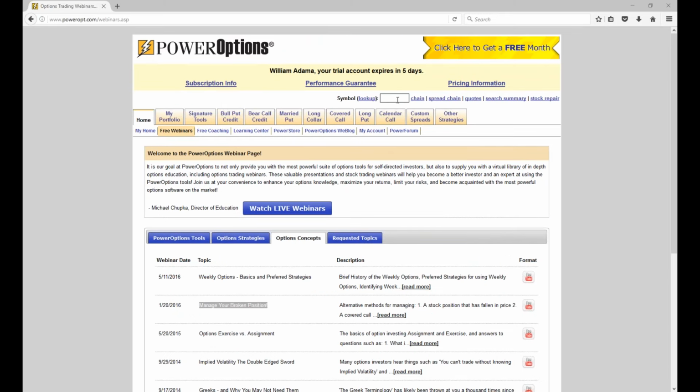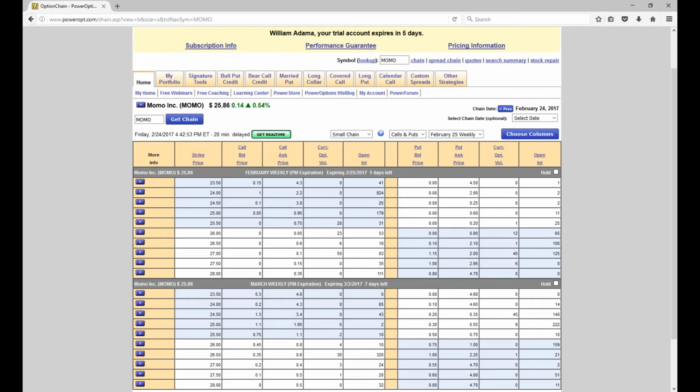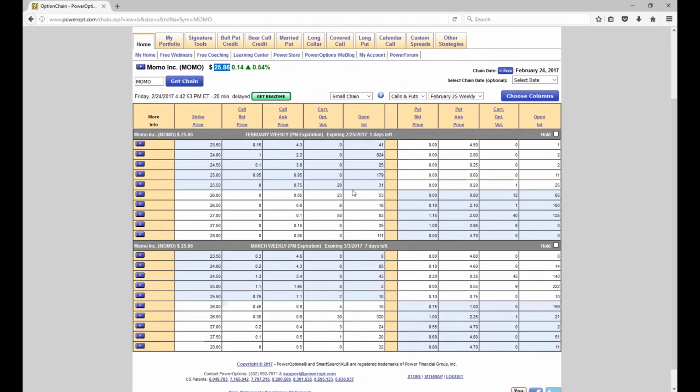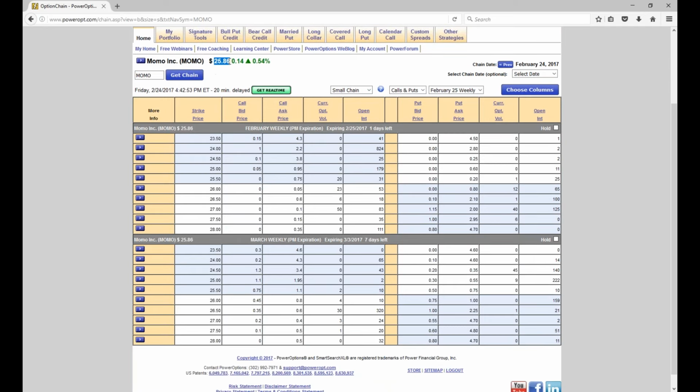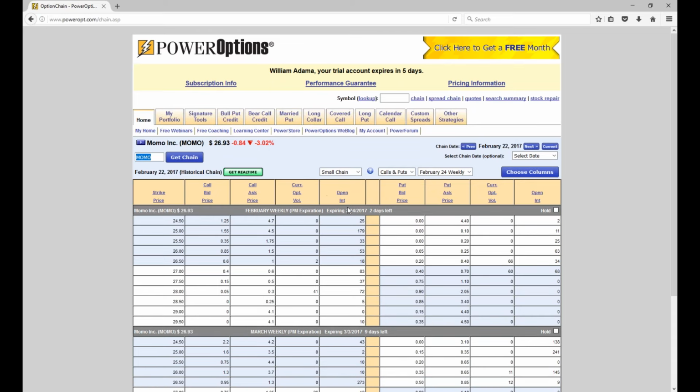I want to check something for the coaching session I had earlier this week. I had a client who had an option on MOMO. I just want to see what the stock did. Oh, not bad at all. Okay, I feel happy about this. The stock had pulled down $1.30 yesterday, I think it was. Yeah, $1.21, and at one point it was lower than that. The stock had been trading at around $27 on Wednesday, I believe, $26.80, $26.93.